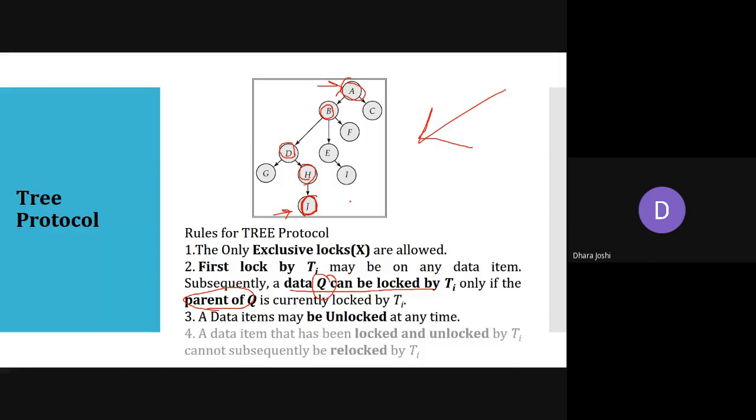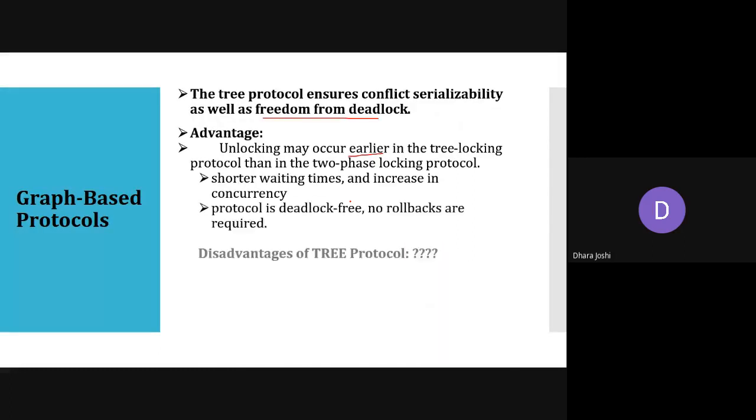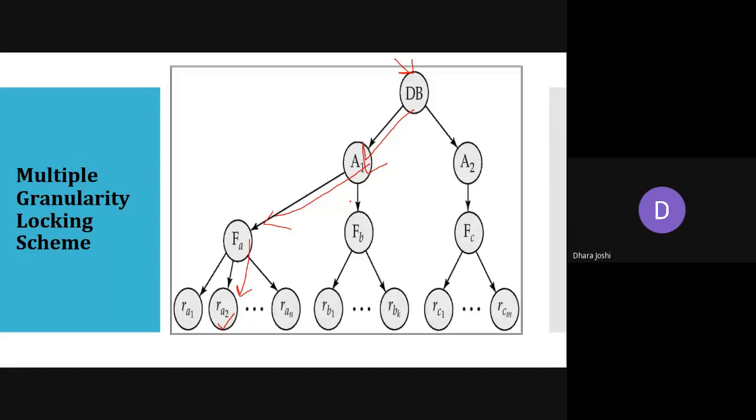But if in exam they ask explain multiple granularity locking scheme, at that time we are going with this concept. Why granularity? We have a larger set, we are dividing it into smaller particles, so that if we want to use only a small particle, we are locking only that particular part, not the entire database. So whenever they ask multiple granularity in exam, you take this example. Database will be divided into areas, areas are divided into files, and files are divided into records.